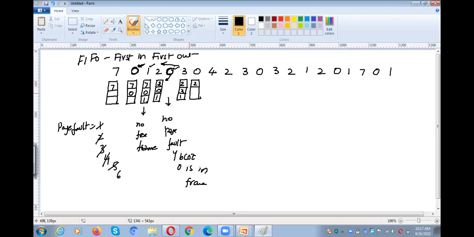1 enter into the main memory first. So that is the reason why we take out that one. And then again 4. 4 is not available in the main memory. So again page fault. So which one I need to take out? 2. So why? Because 2, 3, 0. 0 just came into the main memory now. Have you got my point?